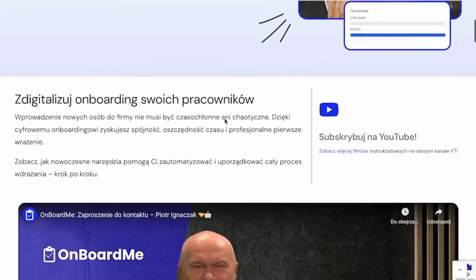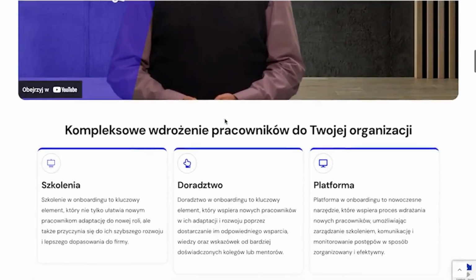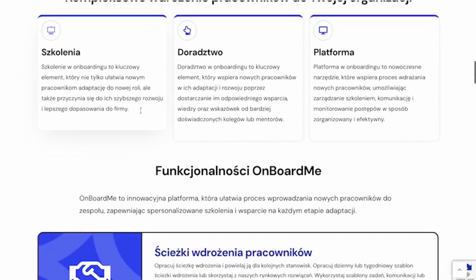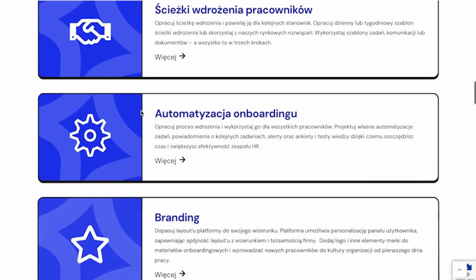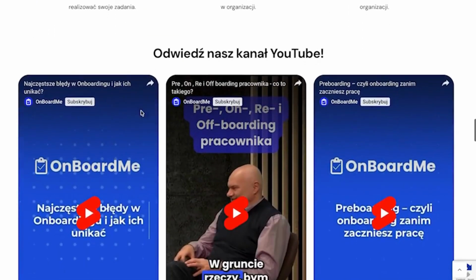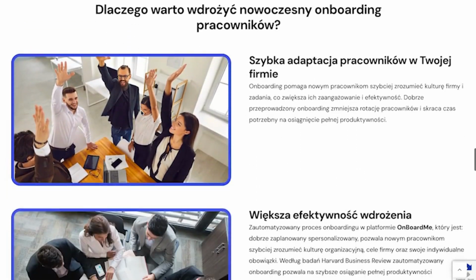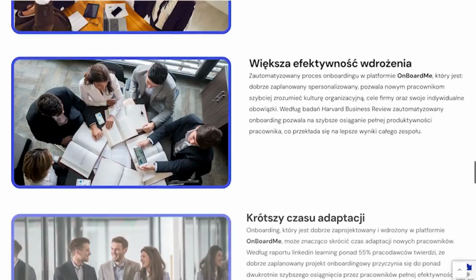So yes, in the implementation path, we have tasks for the employee to complete. For example, it could be picking up some equipment. We mentioned the factory, so it could be picking up equipment. It could be picking up a computer. We have an electronic signature, so the employee doesn't have to go anywhere. They just sign electronically. They simply confirm electronically that they've received it.